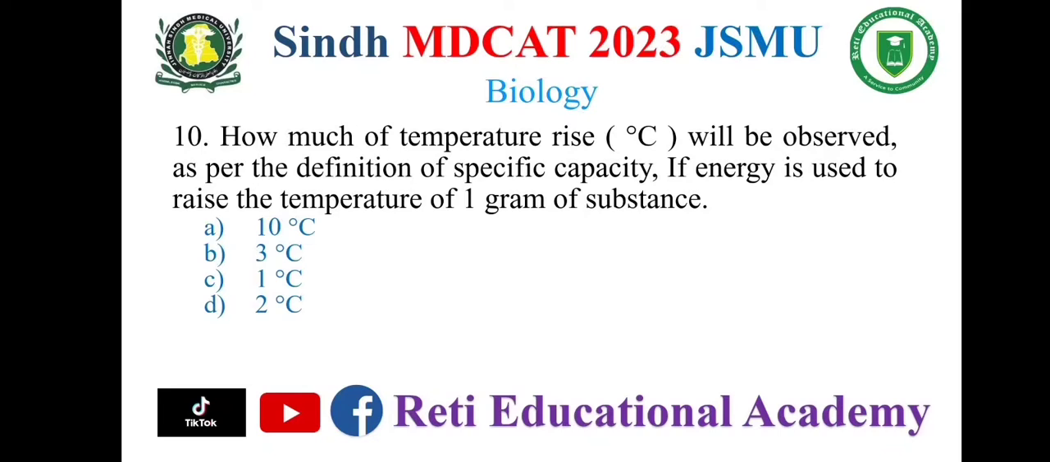Question number 10. How much of the temperature rise in Celsius will be observed as per the definition of specific heat capacity? If energy is used to raise the temperature of 1 gram of substance. A. 10 Celsius. B. 3 Celsius. C. 1 Celsius. D. 2 Celsius. And the correct answer is